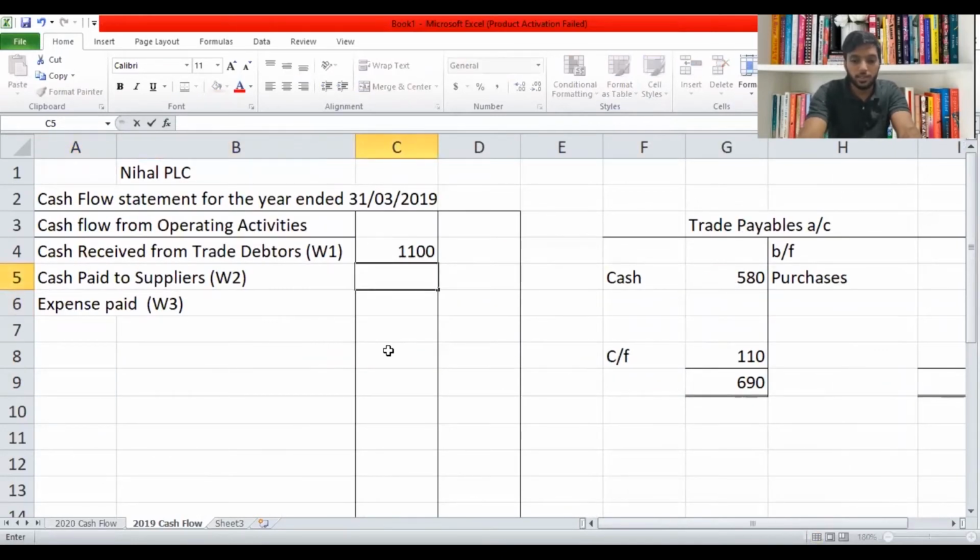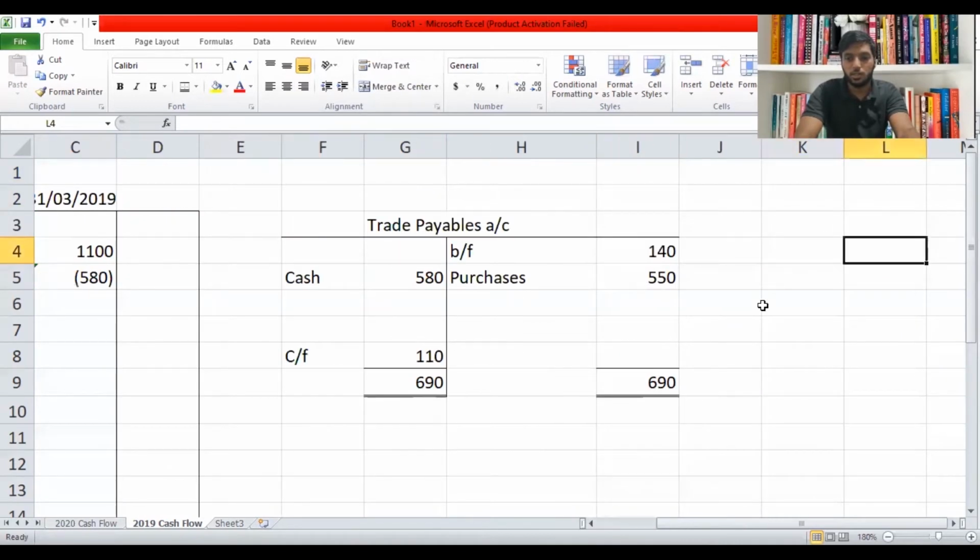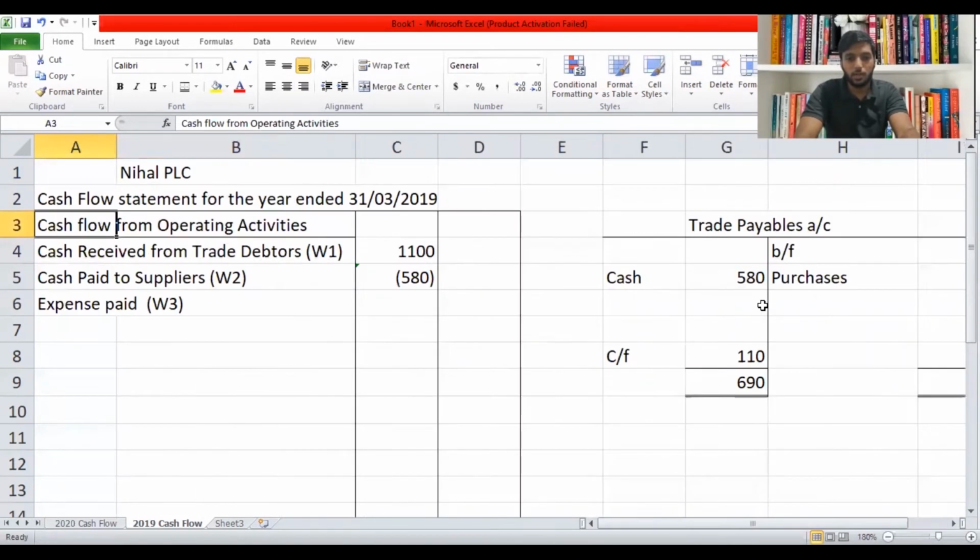But it's a deduction because money is going out of the business. So 580 will be a minus value. So I have taken a minus value. Now I'm going to take cash expense paid. So I need to open up an expense account for working number 3. Yeah, I have removed the,